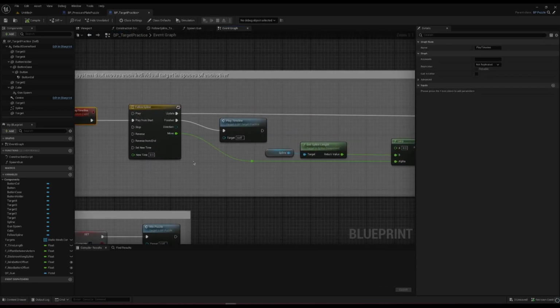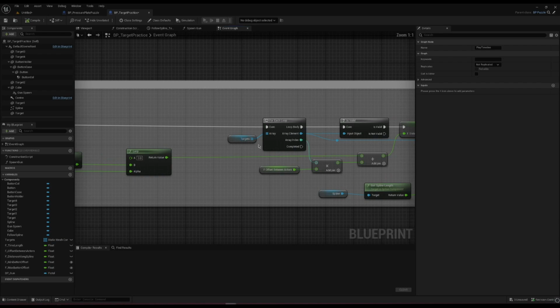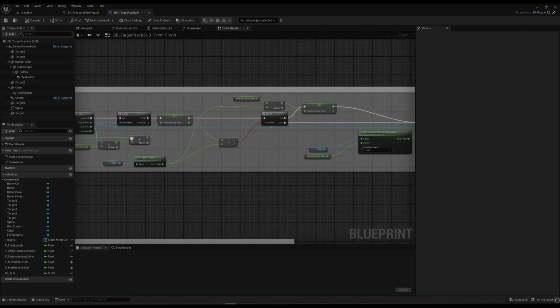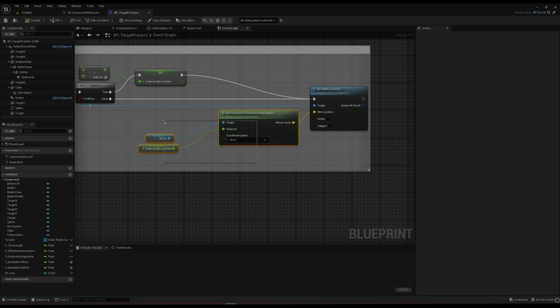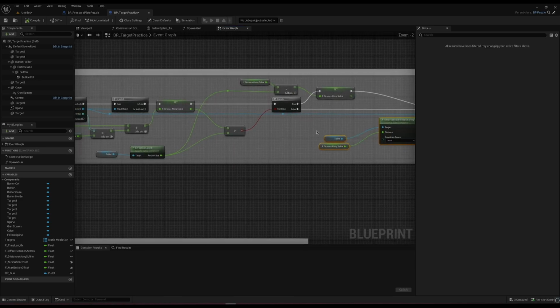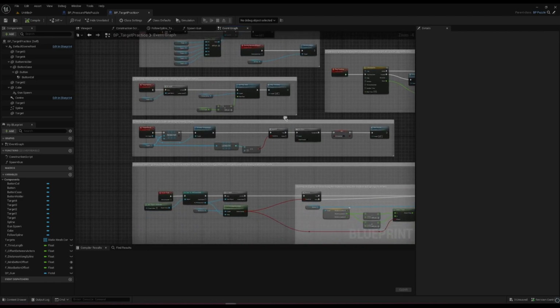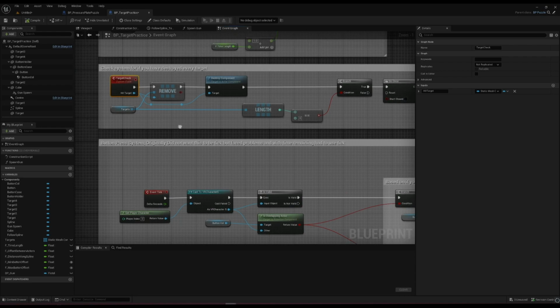But then it will call the timeline event, which from here, it will go ahead and get access to all the targets that are made. And with each individual one, it will go ahead and set its position along the spline, which is pretty much how I've done spline stuff before. But the difference is, of course, this works with multiple ones. So we have this here to go ahead and create a split between them all so that they have a distance between each other. And then, of course, with each system, basically, if you hit the target with the projectile,